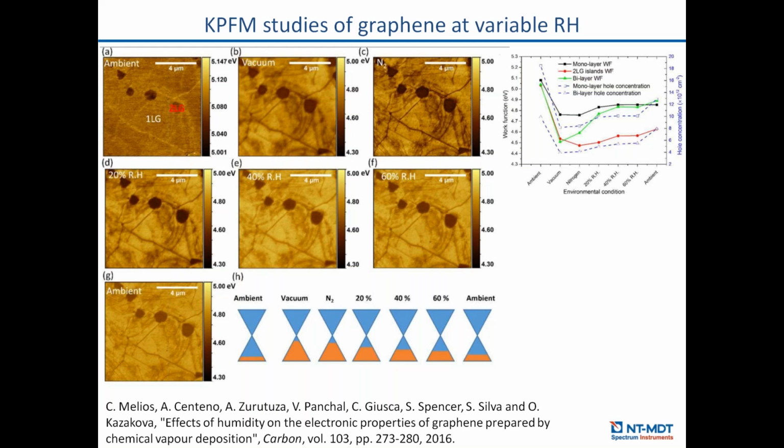And it was shown that the work function depends very much on the humidity, comparing starting from 0, from vacuum, up to 60%. It changed very much at low values of humidity and goes to saturation only at about